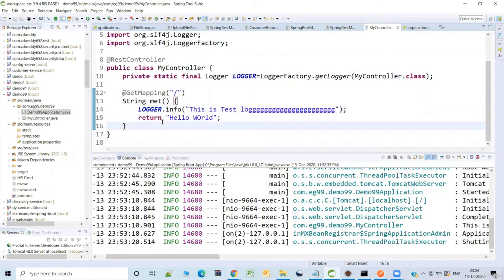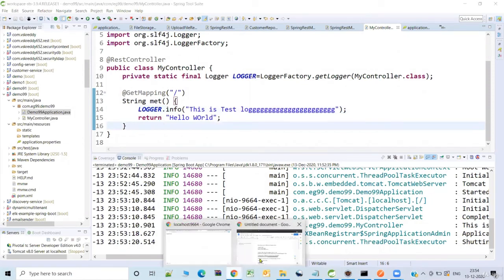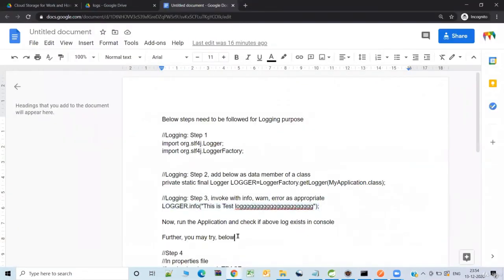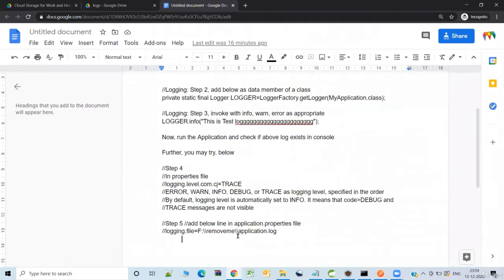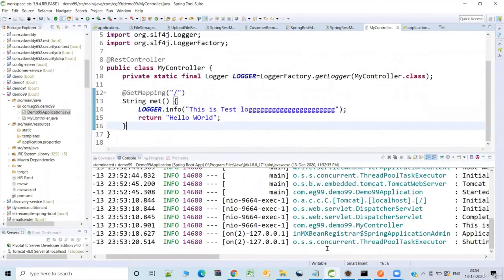Next, one more point is, as specified in the document, you can set the logging level as you need. So let us take this configuration property and let us adjust the logging level.